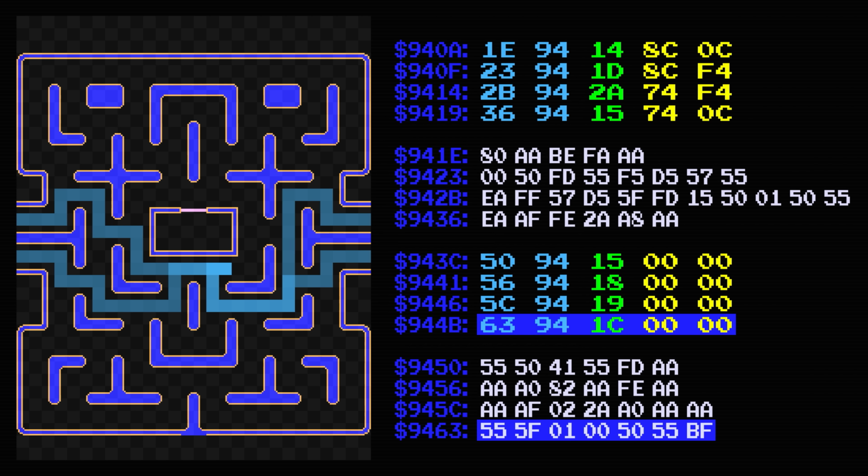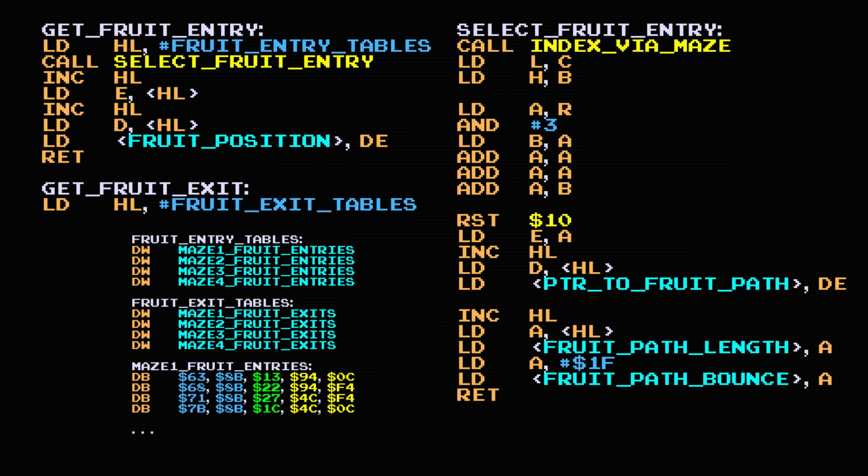Now that we know how the path data is stored, let's look at the code that is responsible for choosing one of the paths. This routine is entered in 2 separate cases, once when the fruit is entering the maze and once where it is exiting. Each entry point loads in the proper pointer into the HL register and converges to this subroutine. This first block of code picks the proper pointer from the list of pointers corresponding to the maze that is